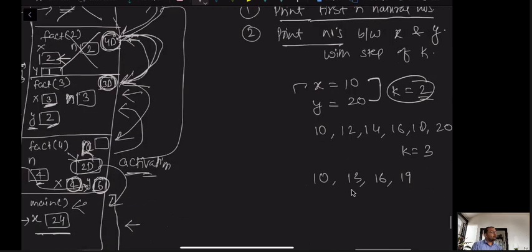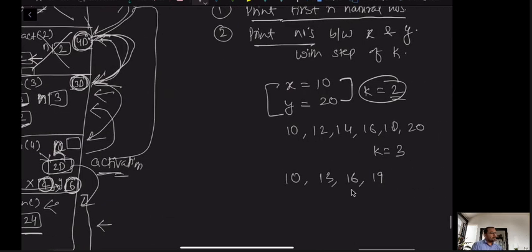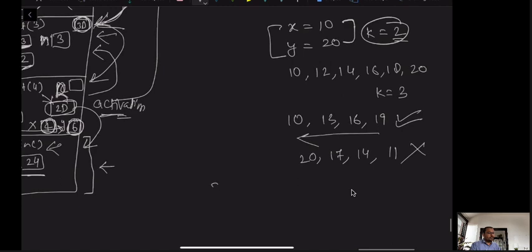Similarly, in this case also, some students will get the answer in reverse, that is 19, 16, 13, 10, or some students will get 20, then 17, then 14, then 11. This is wrong. This is not what we want. We want this answer. Okay, so practice this. Then the next question is